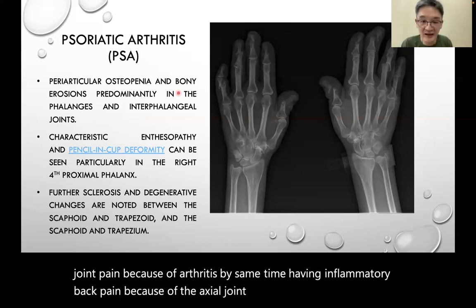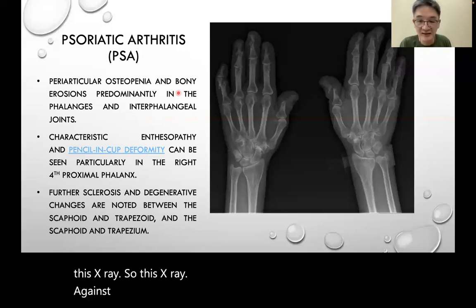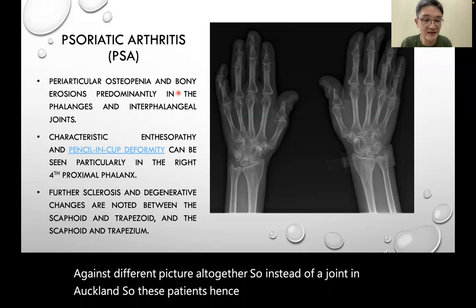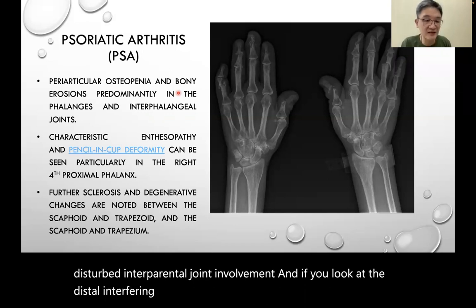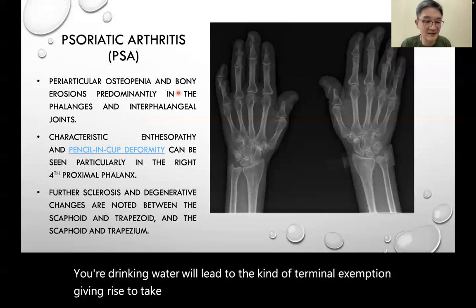So let's look at this X-ray. This X-ray again is a different picture altogether. This patient's hand X-ray showed more of a distal interphalangeal joint involvement. And if you look at the distal interphalangeal joint, the severe involvement will lead to terminal resorption, giving rise to the typical pencil-in-cup deformity. Okay, so